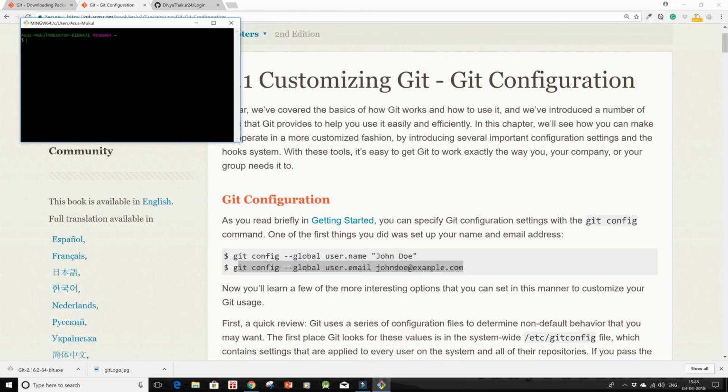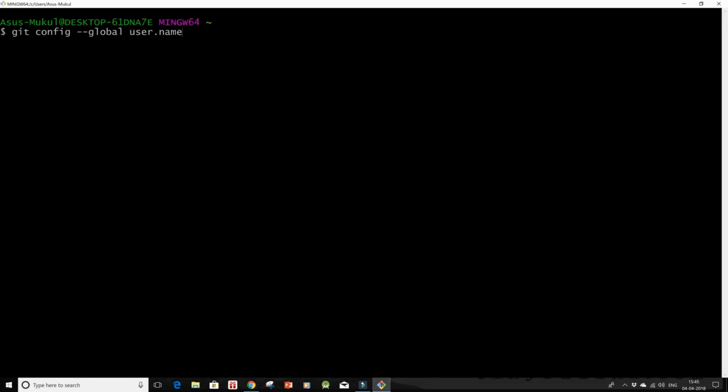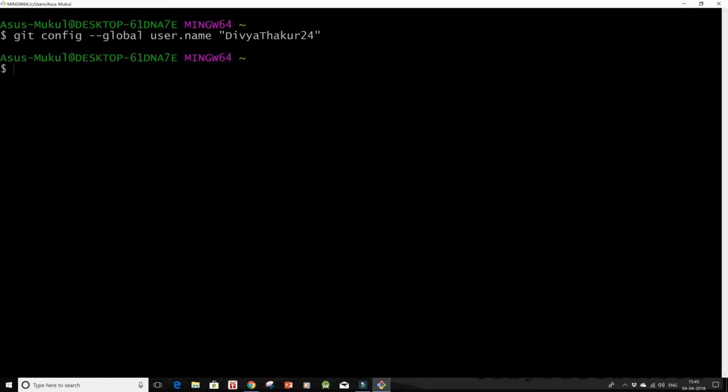I'll go in here and type in git config --global user.name. So I'll just increase this for you. So this is the line I'm writing, and then I'm just gonna type in my username, and then again my user email. So write in git config --global user.email with the hyphens included, and then my email, which I remember it as